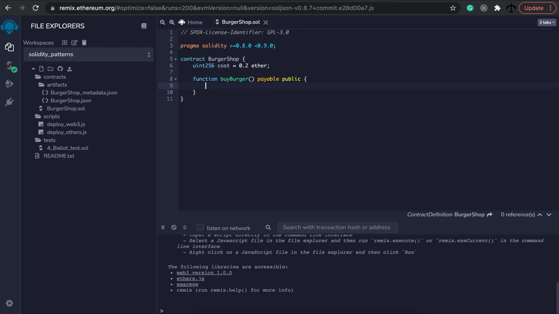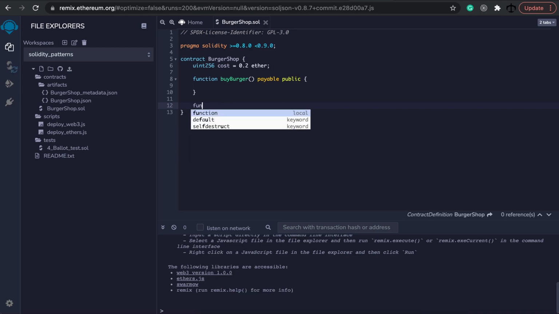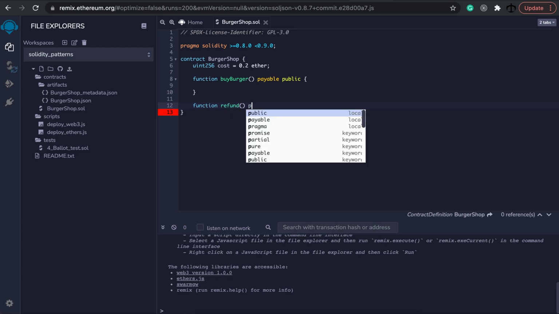Now, we don't have any way of tracking this at all, who bought a burger or what the case might be, but that's not why we're doing this example. So we're just going to have this function buyBurger, and then also we're going to have a refund function. So let's create a function and call it refund. This is going to be public,